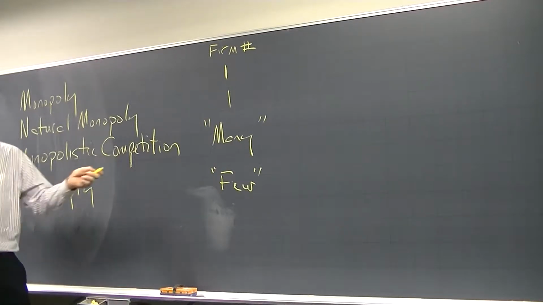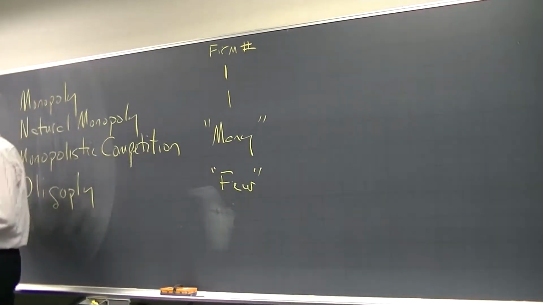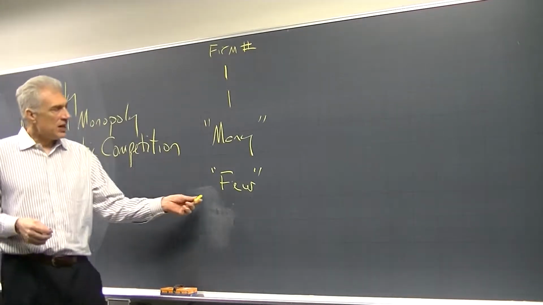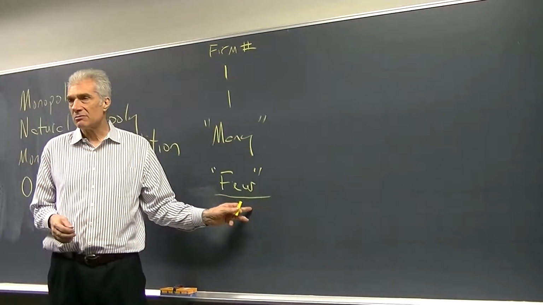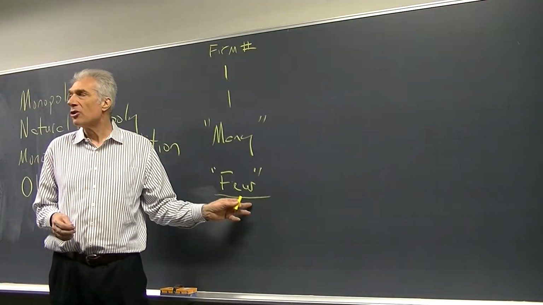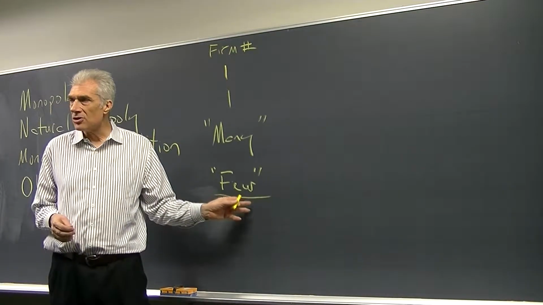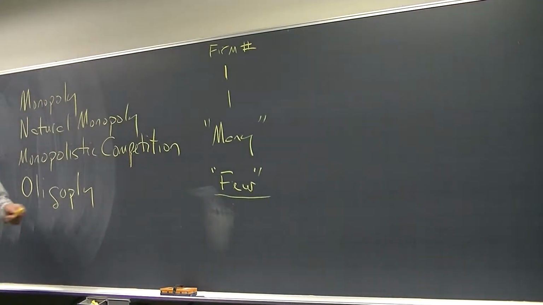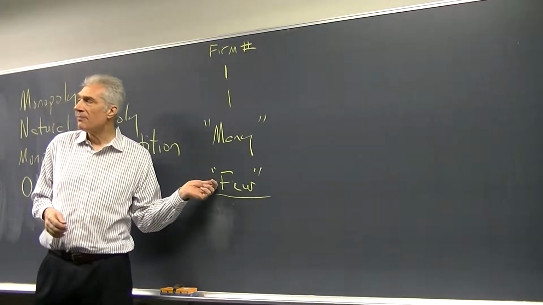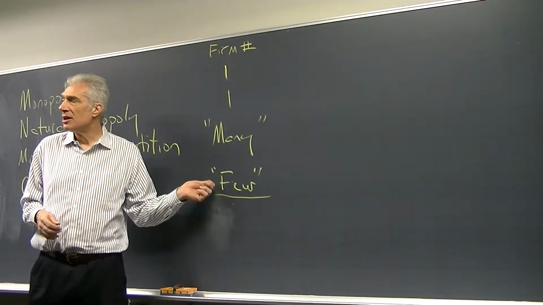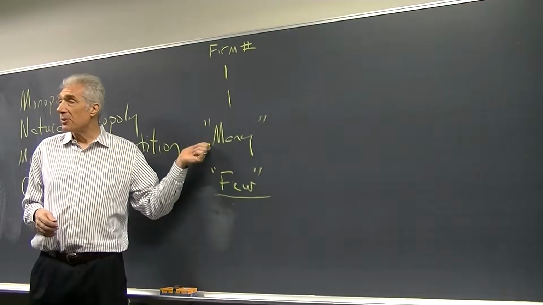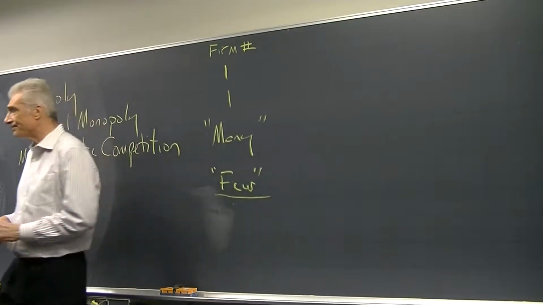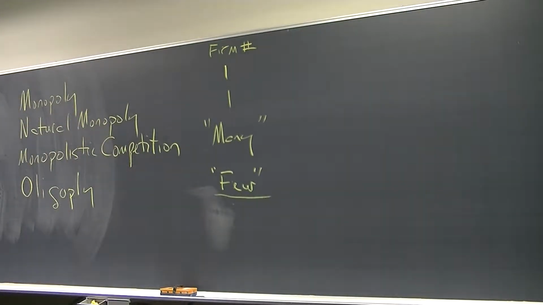Then you might say it's kind of many. Few is that there are few enough firms that each of the firms is following each other. All of the firms know their competitors, they're aware of them, they follow each other. That's what few is: a small enough number that everybody knows who their competition is. If you don't know all your competition, then it's probably monopolistic competition or perfect competition, depending upon the nature of the industry. So that's the first thing, the number of firms.